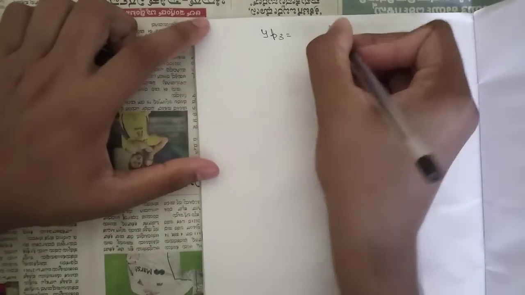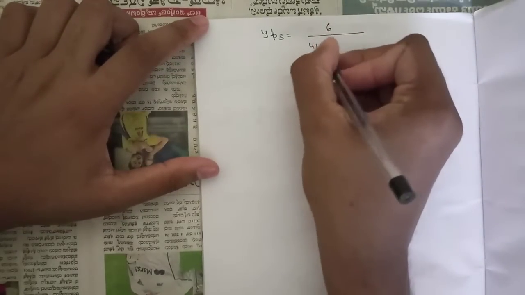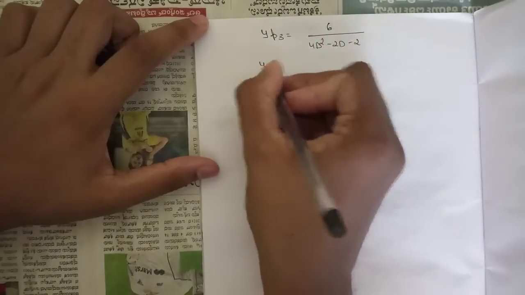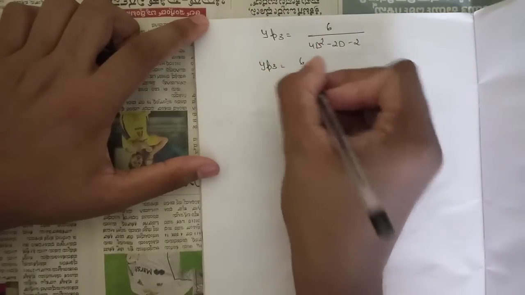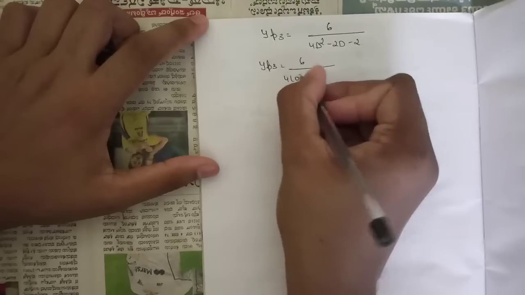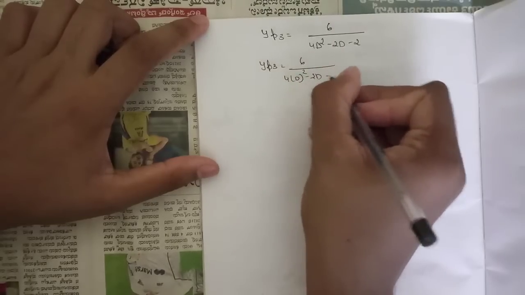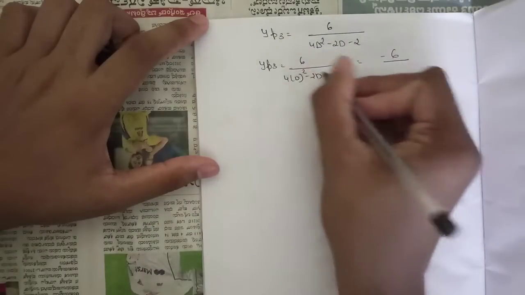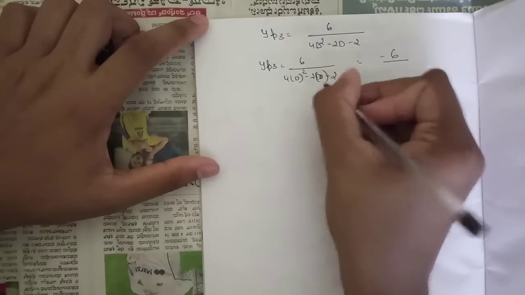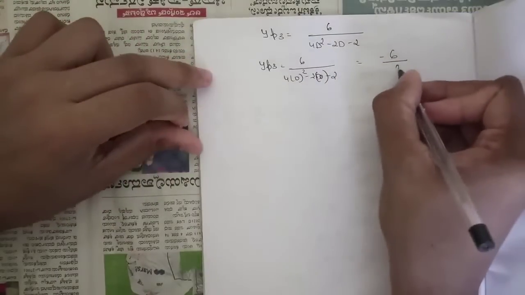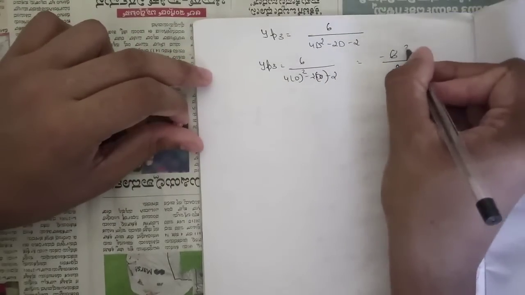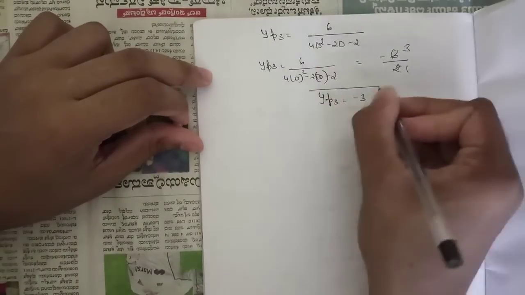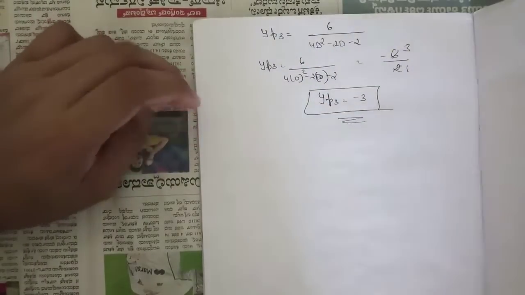So the third term is 6 divided by 4D square minus 2D minus 2, where here the value of a is 0, right? So we get 6 divided by 4 into 0 square minus 2D minus 2, so we get 6 divided by 0, 2 into 0 minus 2, so minus 6 by 2, that is 2 ones are 2, threes are 3, so our yp3 we got it as minus 3. Okay,